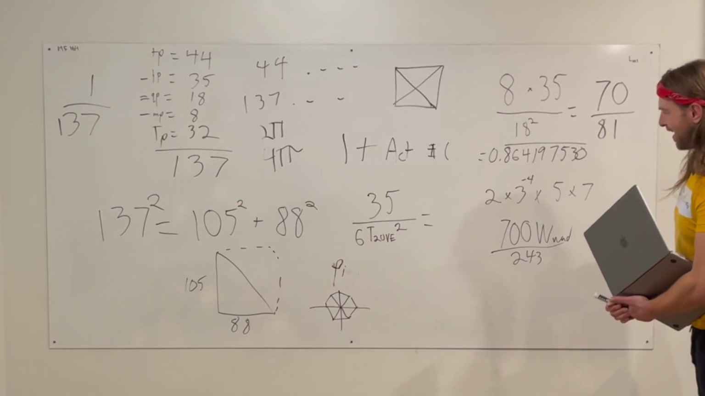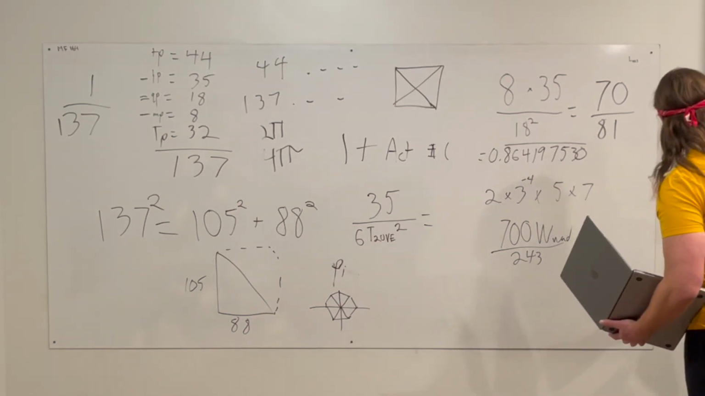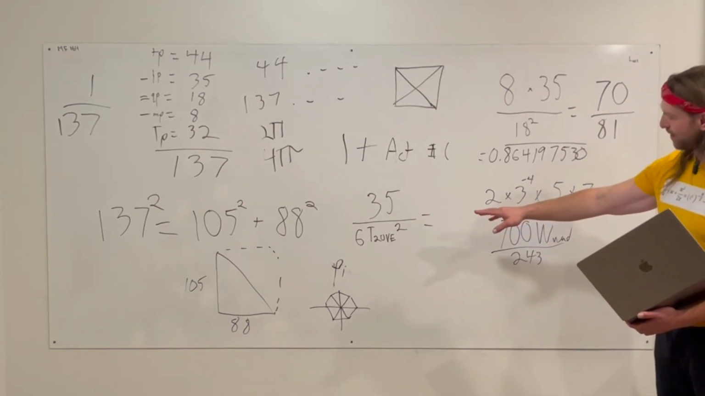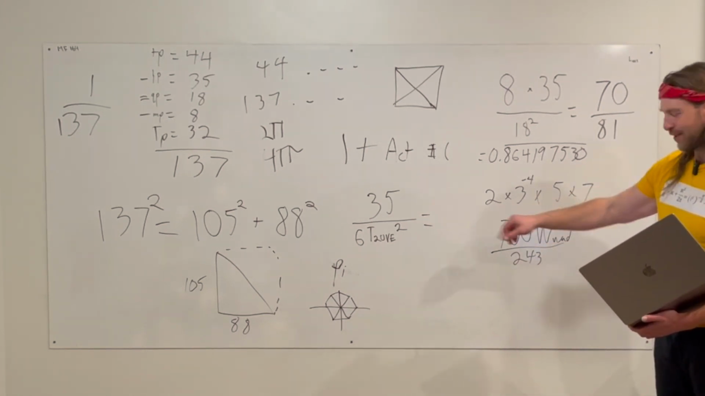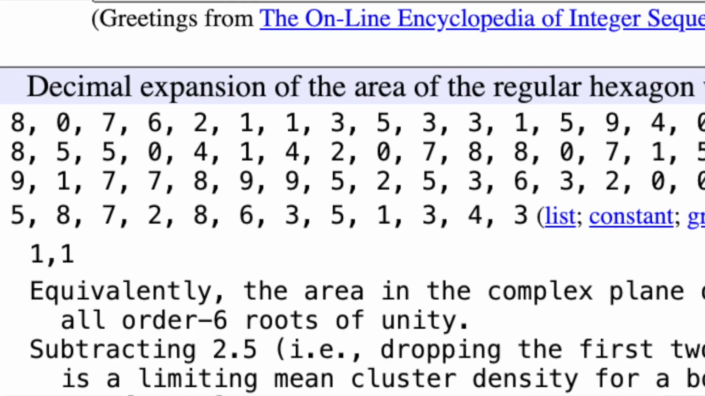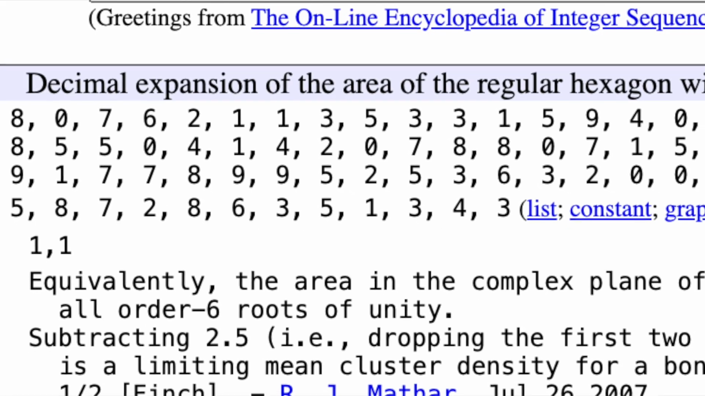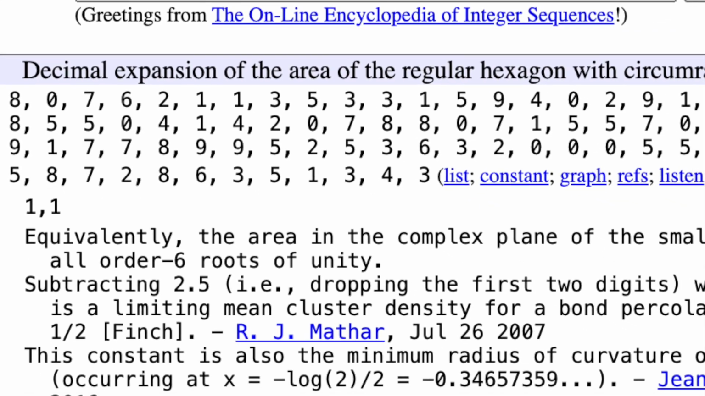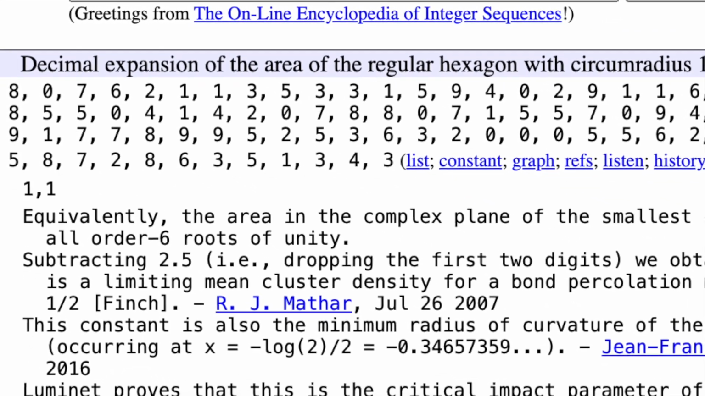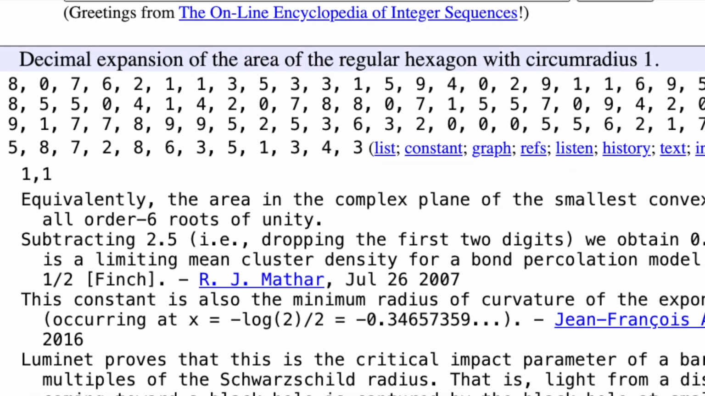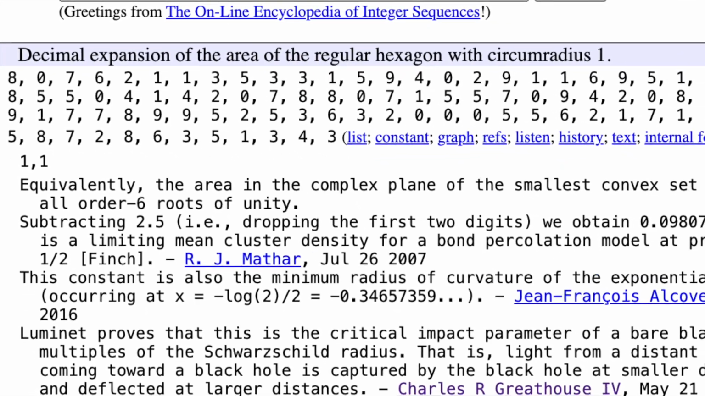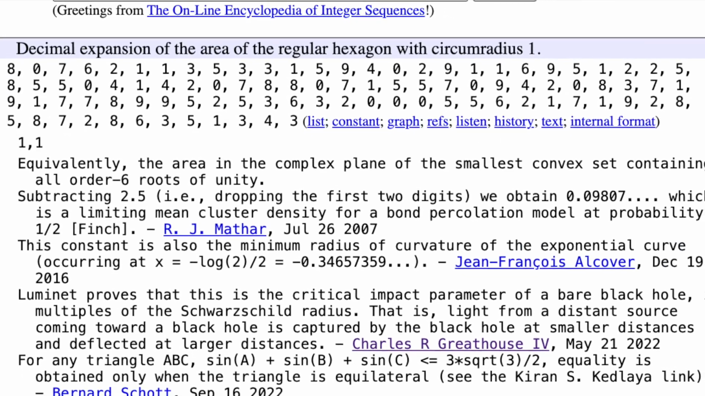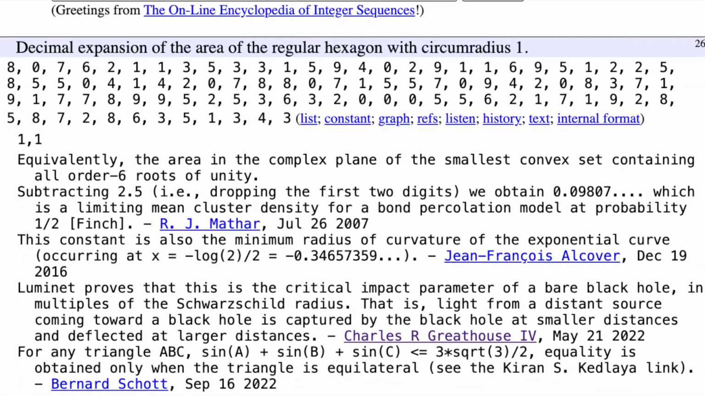Okay. Now, I see that and I'm like, so I got 20 vertexes. Oh, no, actually, we're skipping ahead here. I'm sorry, I'm getting excited. Okay, also here, subtracting 2.5, i.e. the first 2 digits, we attain 0.9807,